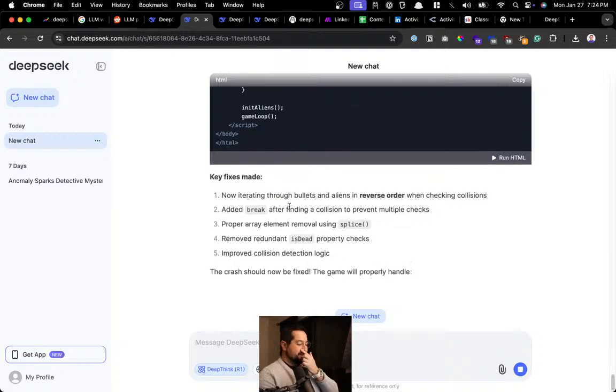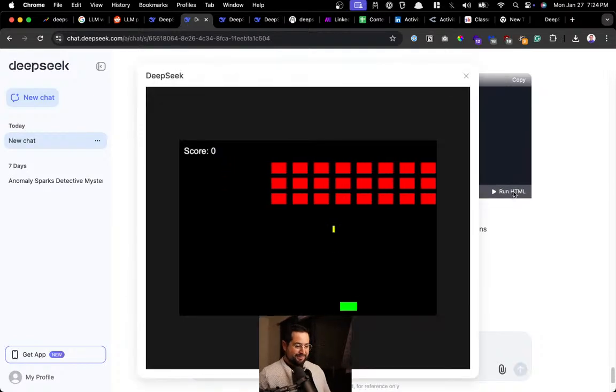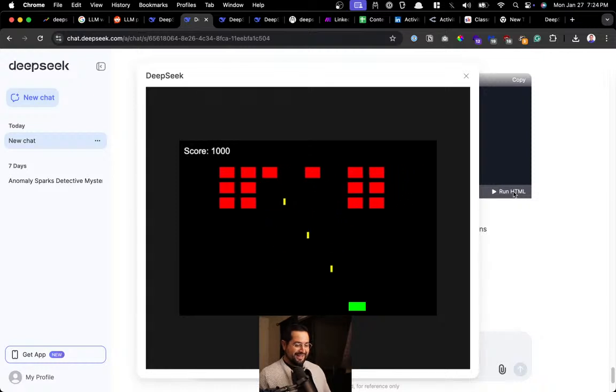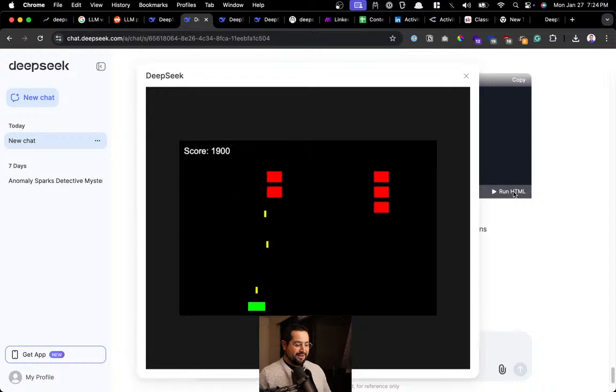Okay, cool. Let's see if it fixed it. So run it. Oh, it fixed it. Look at that. That's the whole part, or the joy, of learning how to code. You're going to spend most of your time learning how to debug.